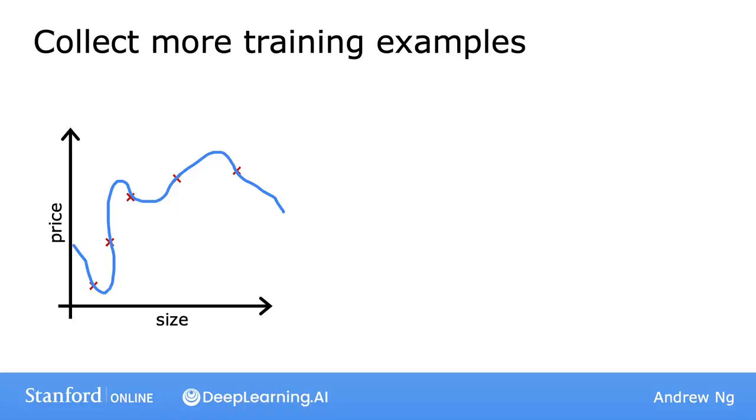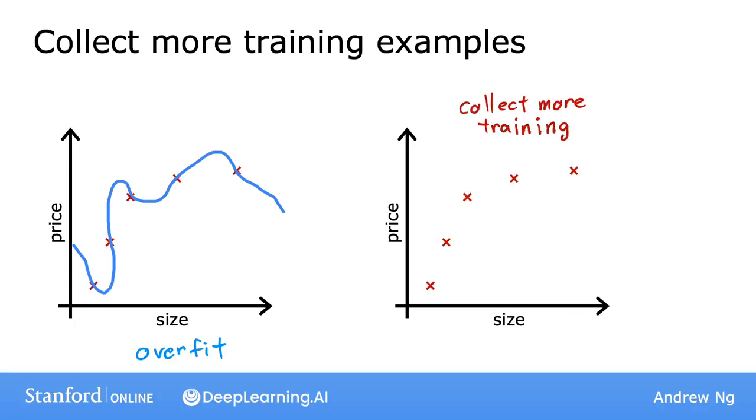Let's say you fit a model and it has high variance. It's overfit. Here's our overfit house price prediction model. One way to address this problem is to collect more training data. So that's one option. If you're able to get more data, that is more training examples on sizes and prices